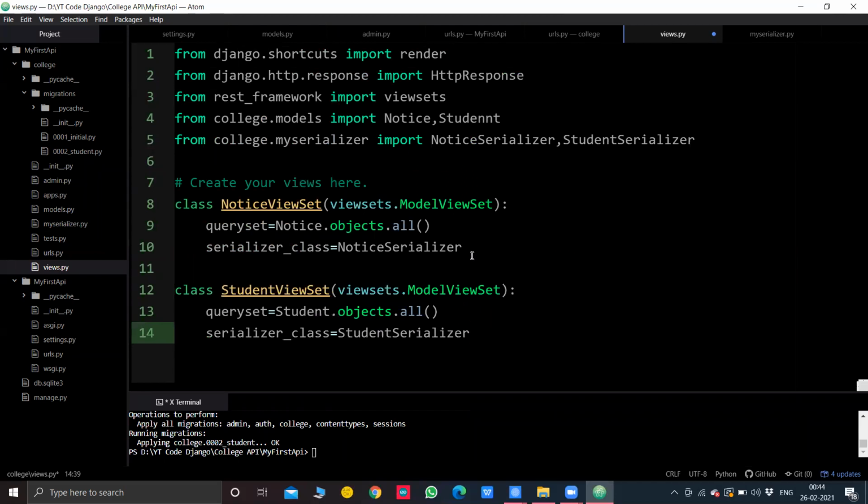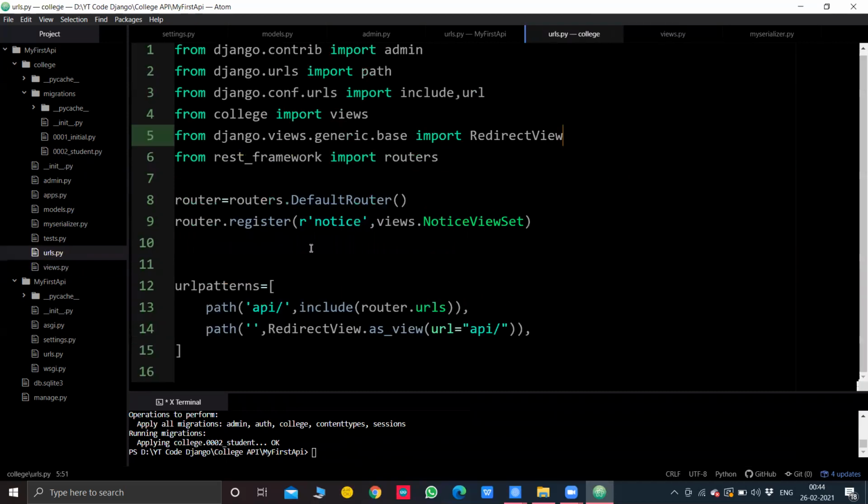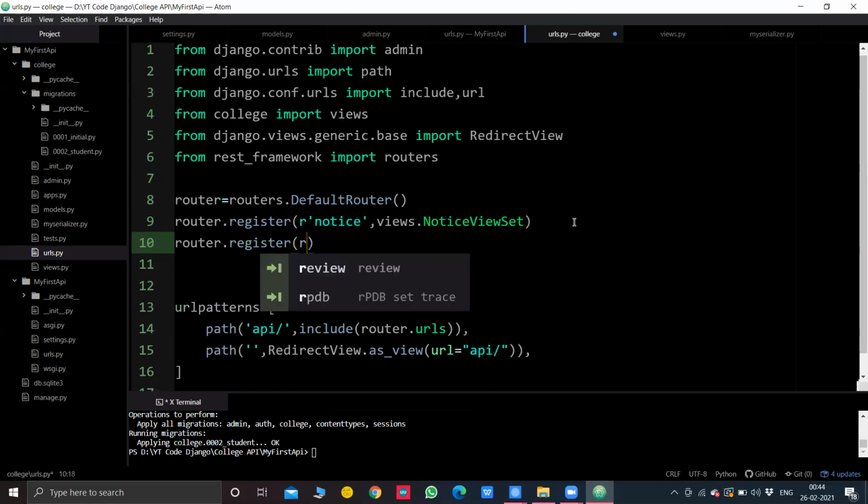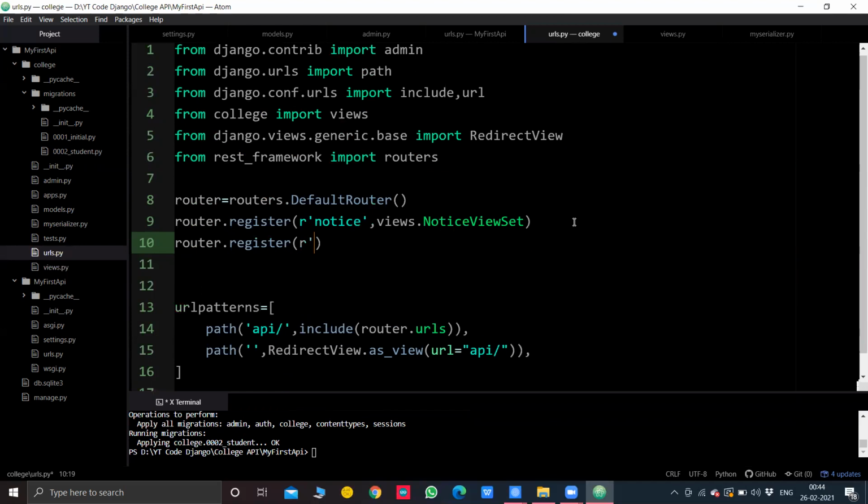Now inside college urls.py, okay, we have registered a router. We'll register one more router as router.register, and it will be student now, regular expression.